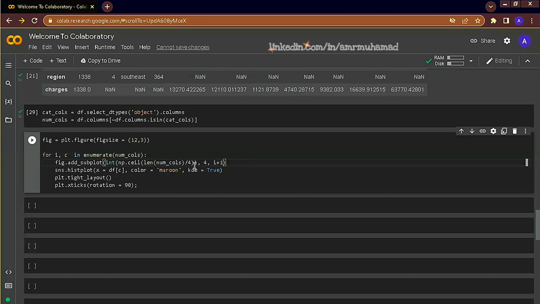So we will iterate over all the columns inside the numeric columns and create the subplot figure in the figure we have instantiated above.